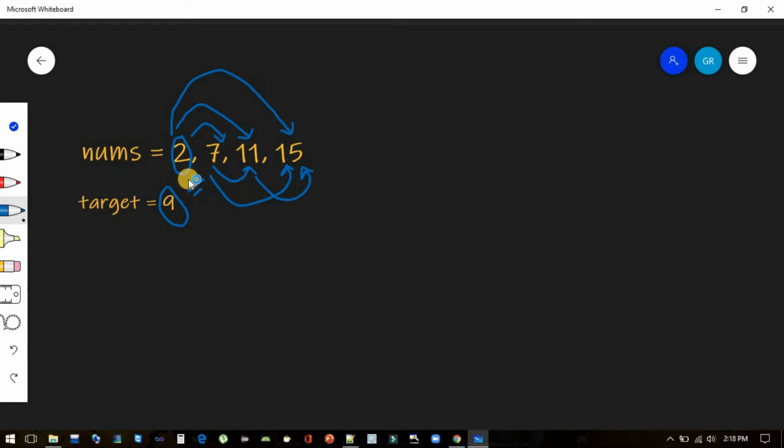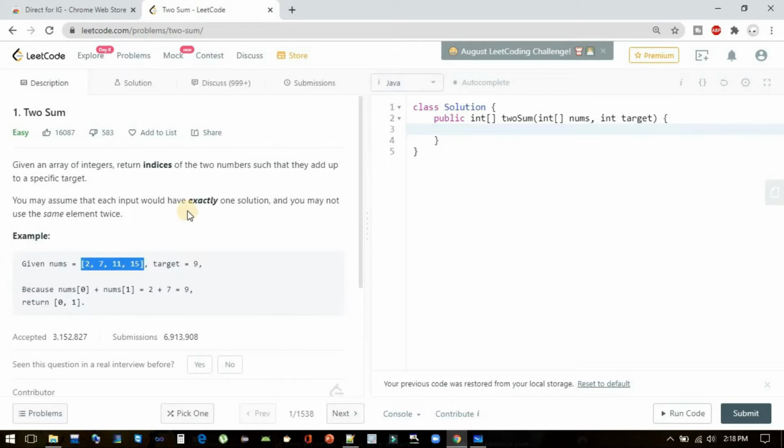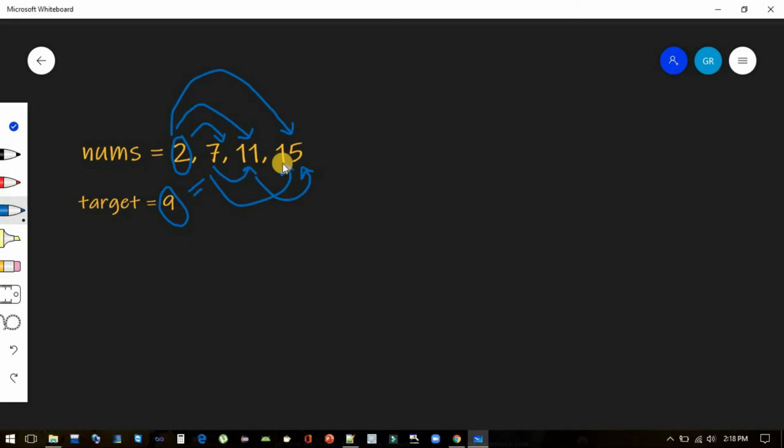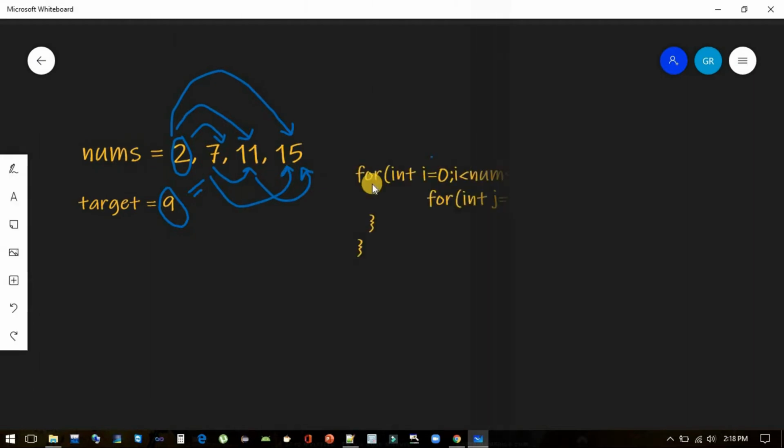If we reach the end and we don't find a sum equal to target 9, then we can say we didn't find any two numbers. But here it is given that there is exactly one solution, so that condition won't happen.